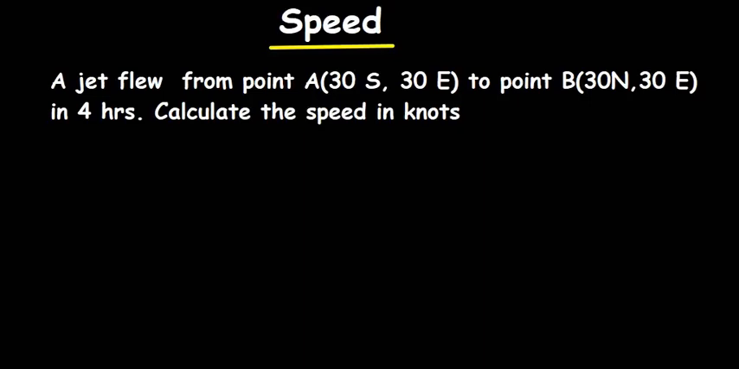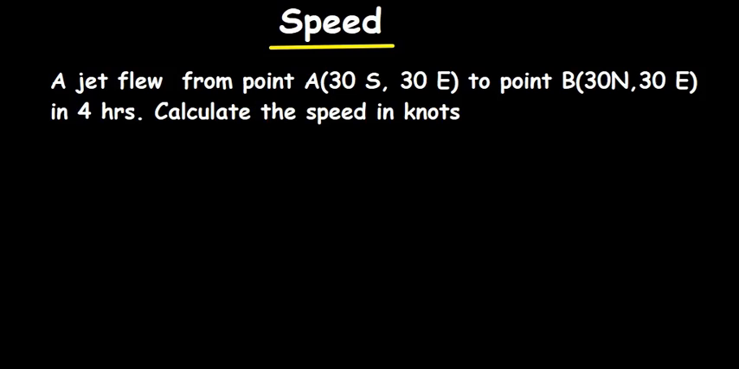Alright, so we'll look at a very interesting concept. This is determining the speed under geometry, a very, very interesting concept. So a jet flew from point A, 30 degrees south, 30 degrees east, to point B, which is 30 degrees north, 30 degrees east, in 4 hours. Find the speed in knots. So when you look at the word knots, don't be shaken. This is a very simple word. It just means